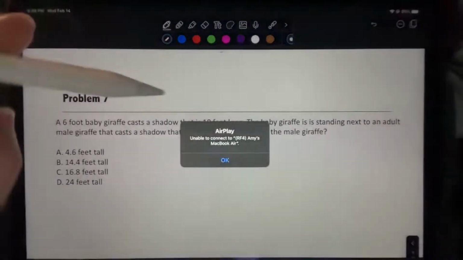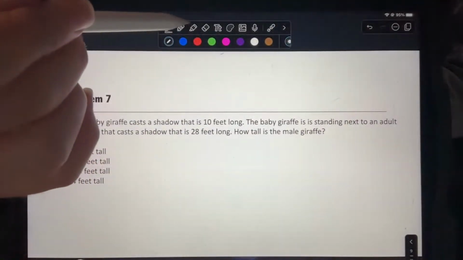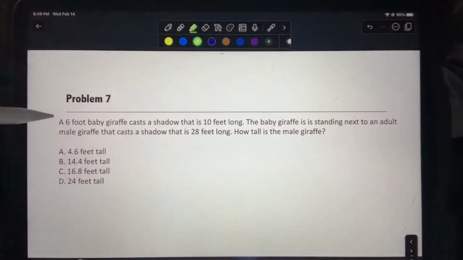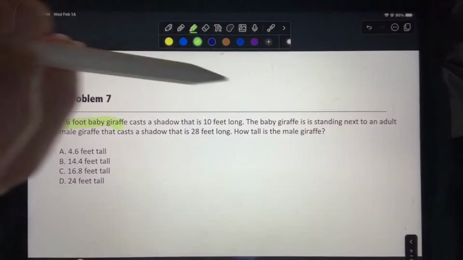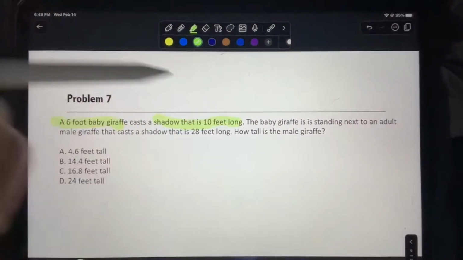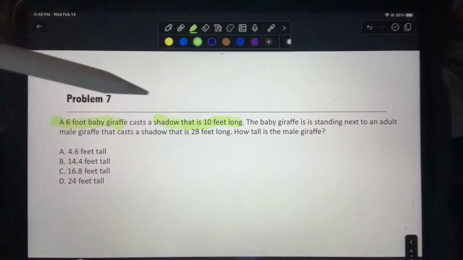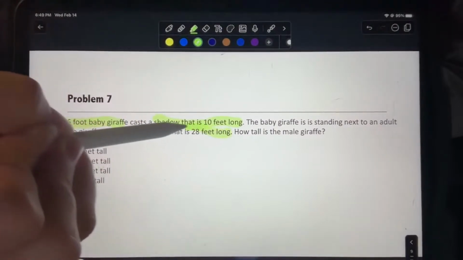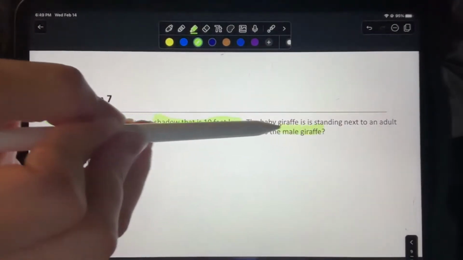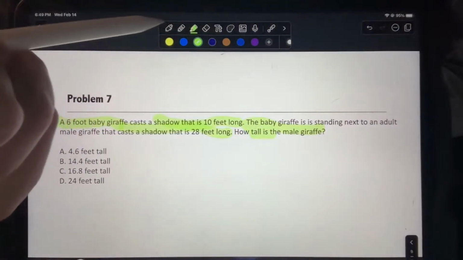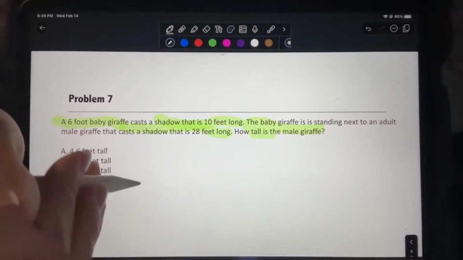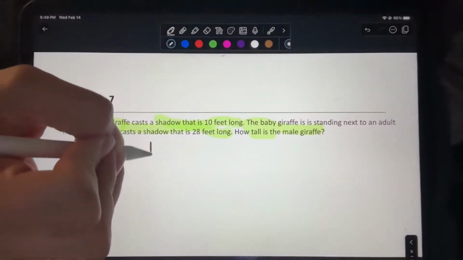This right here, y'all, is just proportions. So all I'm going to do is match items together. So I look at this and I say, what have they provided me? They gave me the height of the baby giraffe, and they gave me the baby giraffe's shadow, and they gave me the adult shadow, and they want me to find the height of the adult. So the way I think about this is I literally write this on my paper.